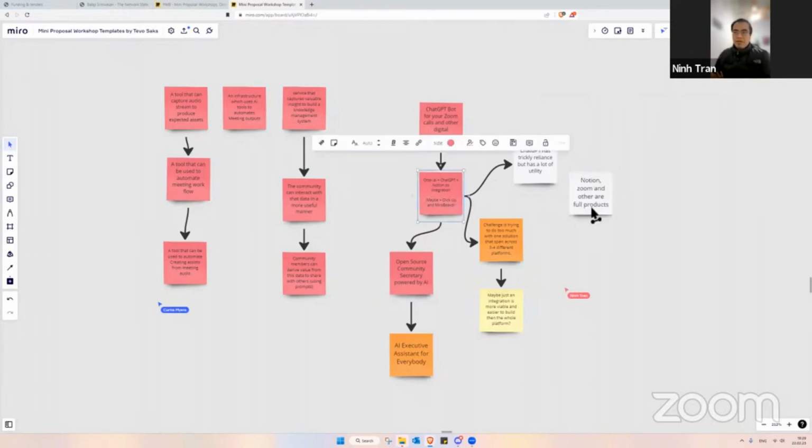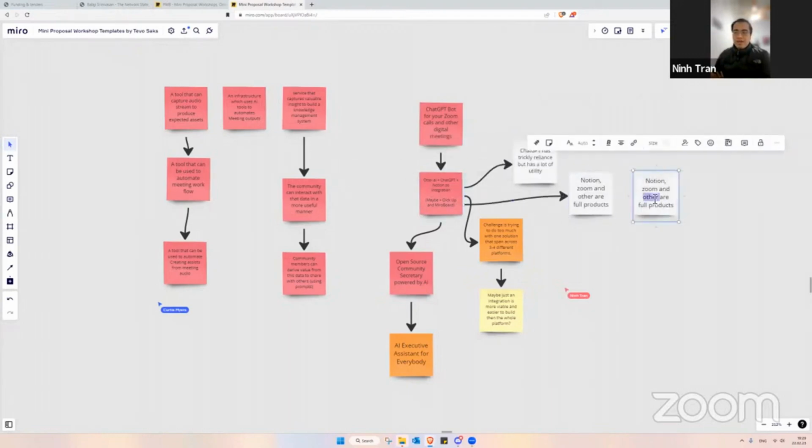I don't know how the power of ChatGPT can make it simpler and executable because it can do a lot of things, but it also means that you'll have to integrate with Google Calendar and Outlook Calendar and all those things. So it's a bit tricky.